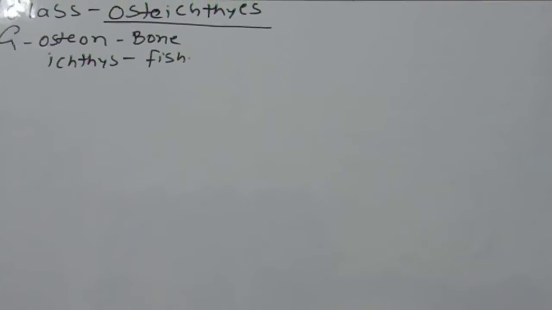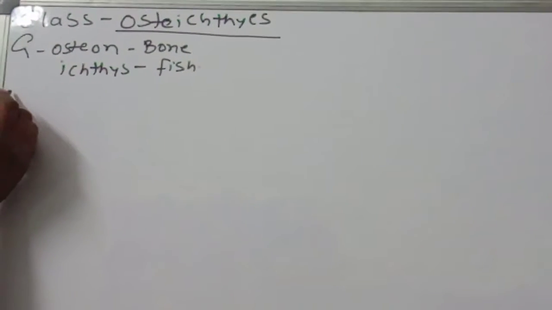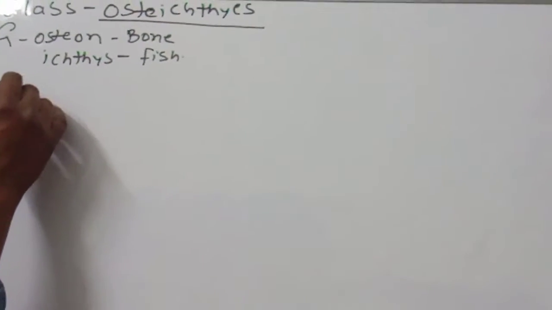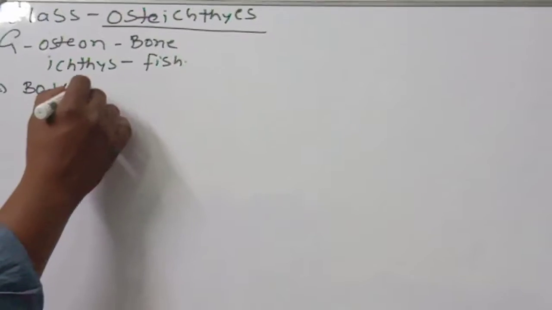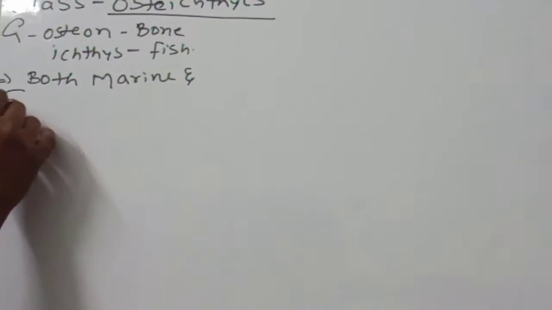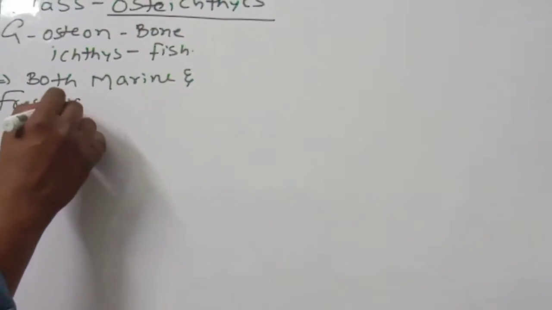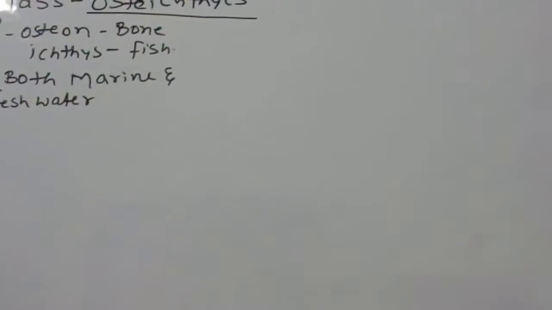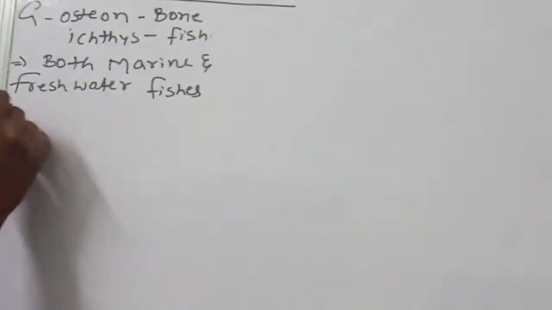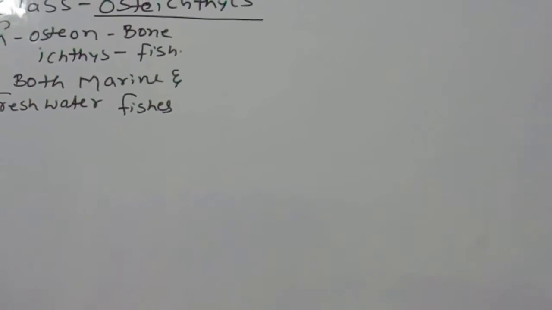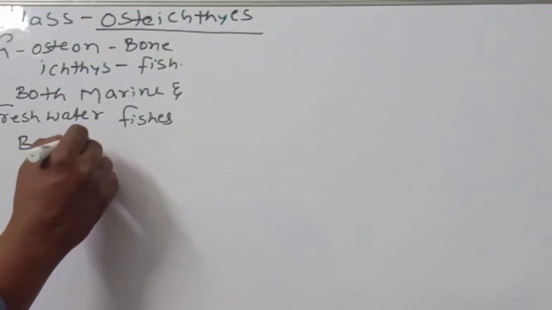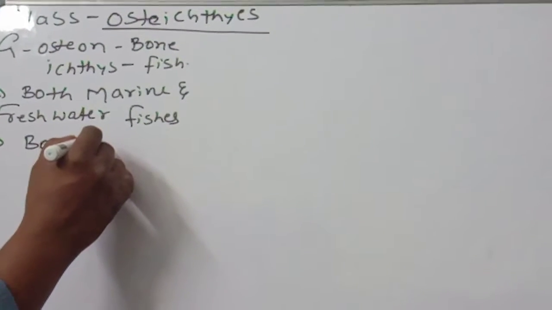Children, listen very carefully. This is a very important class. It includes both marine and freshwater fishes. You should remember this point. The second one is the bony endoskeleton. The skeleton of these species is bony